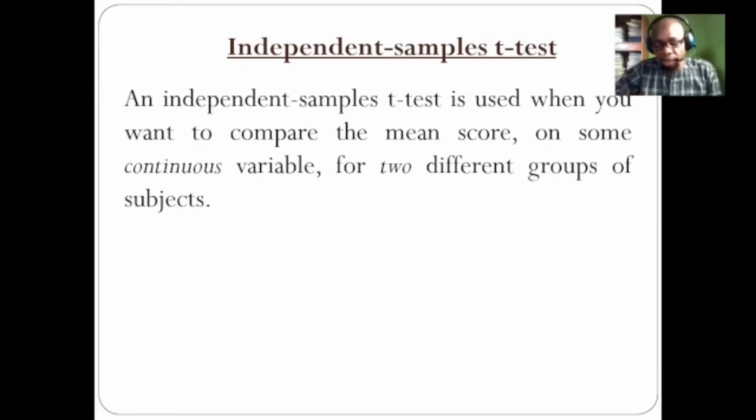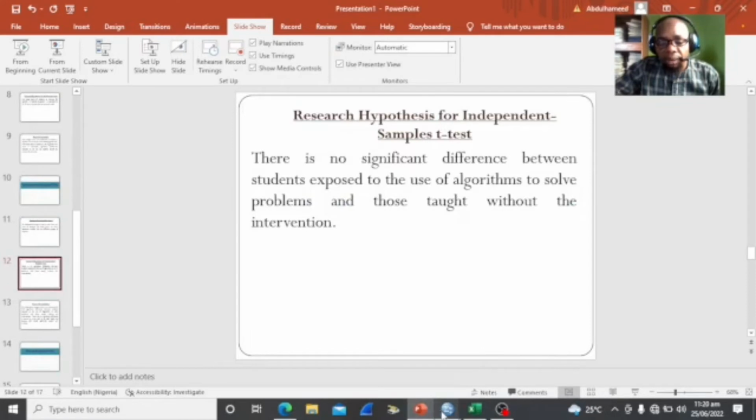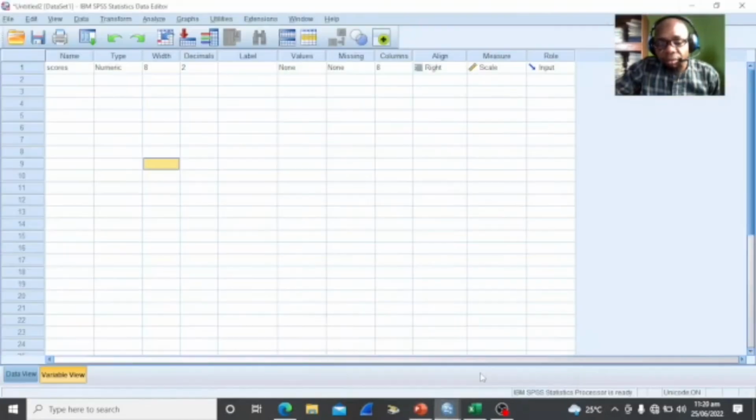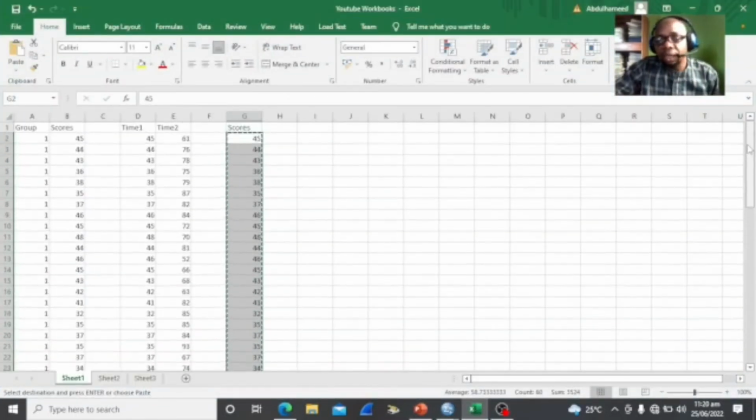And to do this in SPSS, let's look at a hypothesis. There is no significant difference between students exposed to the use of algorithms to solve problems and those taught without the intervention, that is, without the treatment. In this, let's go to our SPSS. Before then, we go to our Excel file in order to look at the independent